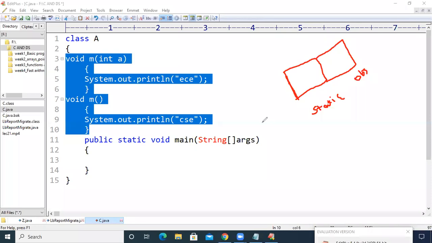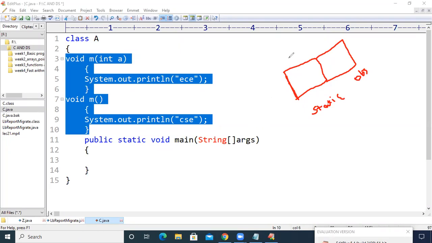If there is a static keyword in front of a variable or a method, that variable and method will be directly brought into the main memory by the Java compiler. If the things do not have the static keyword in front of a variable or a method, those things need to be brought into the RAM. The process of bringing non-static variables and non-static methods is called creating an object. So by creating an object, we can bring the non-static variables and non-static methods of a class into the RAM.